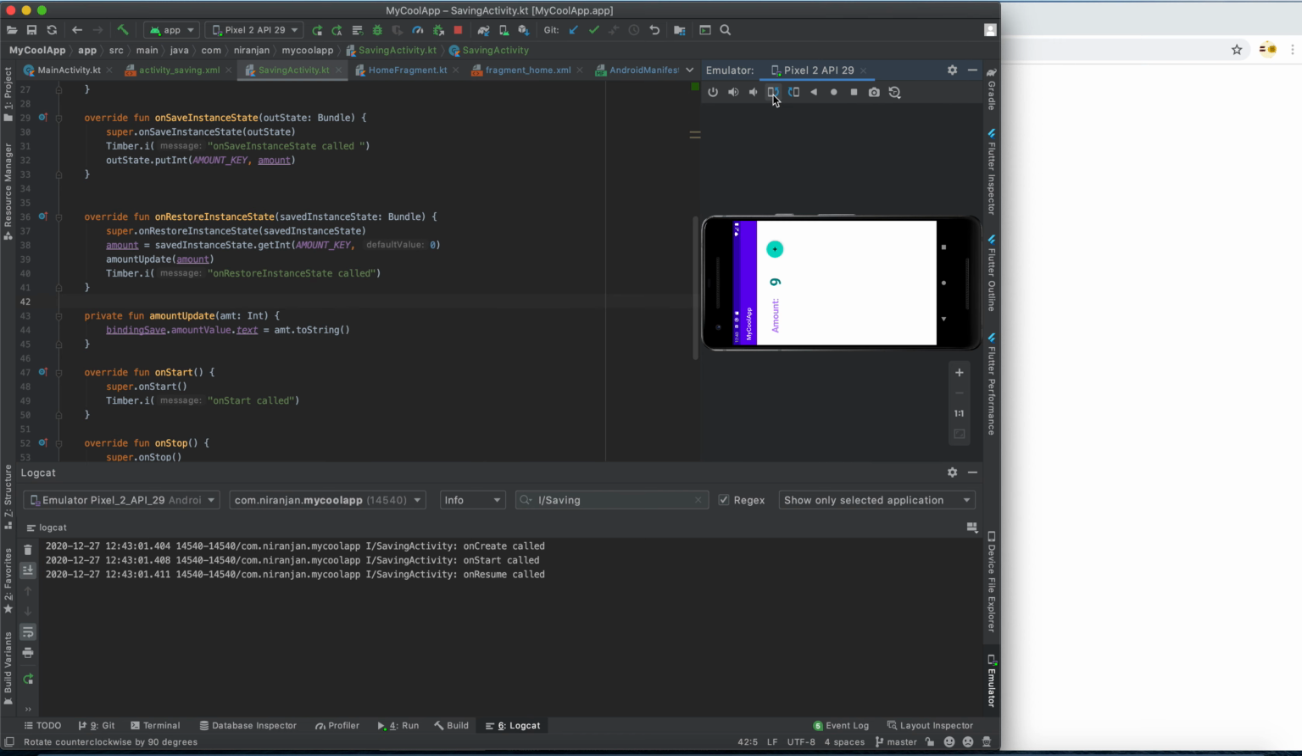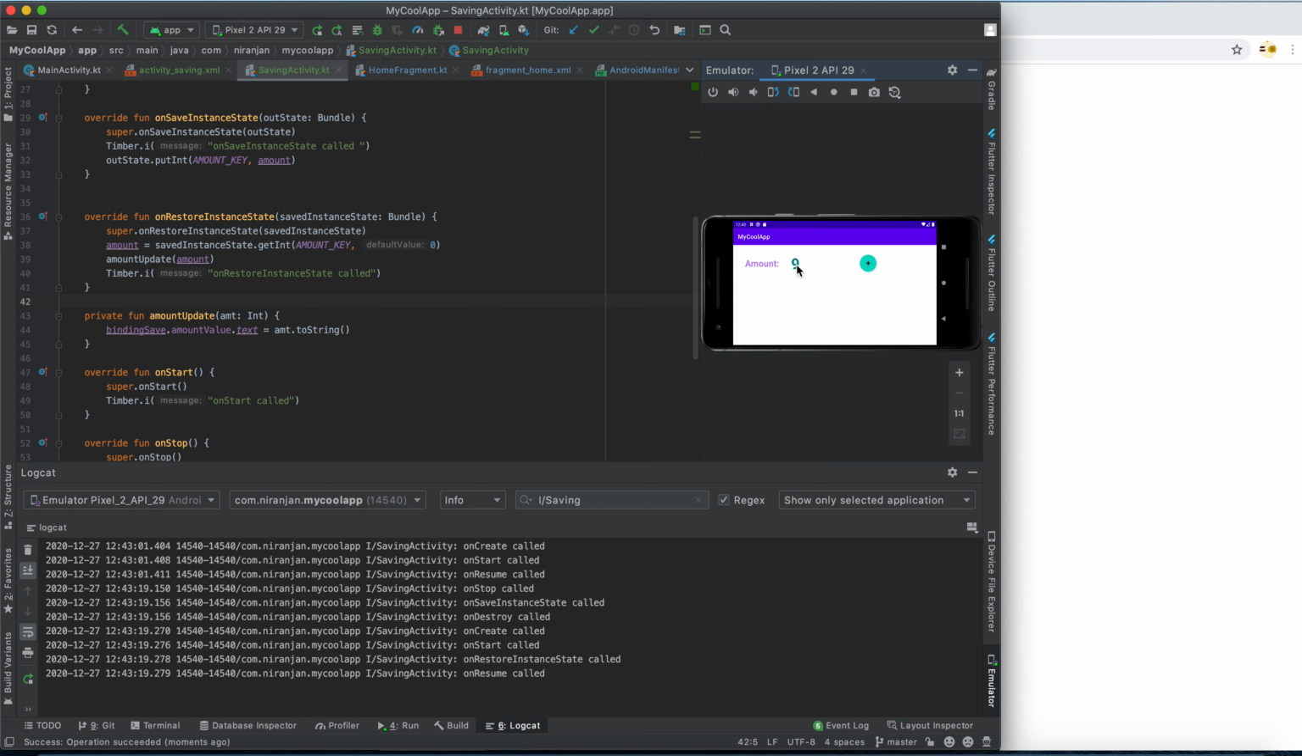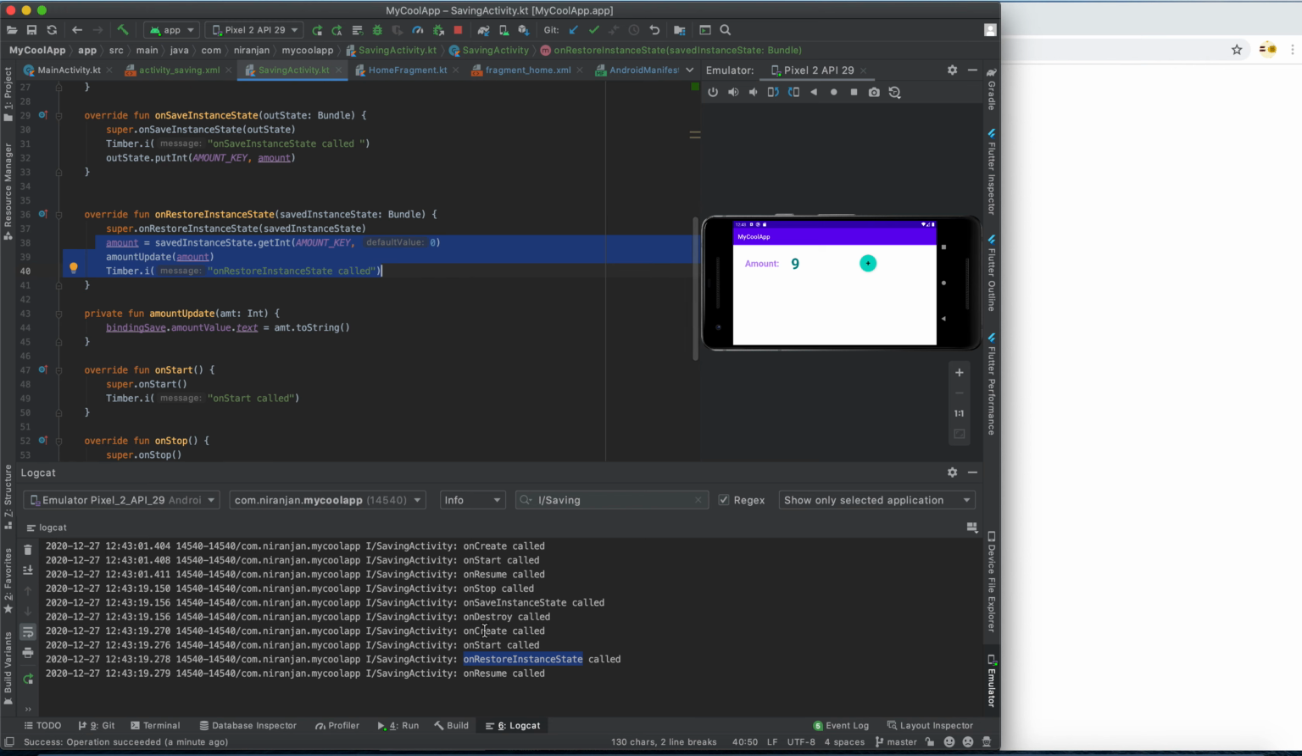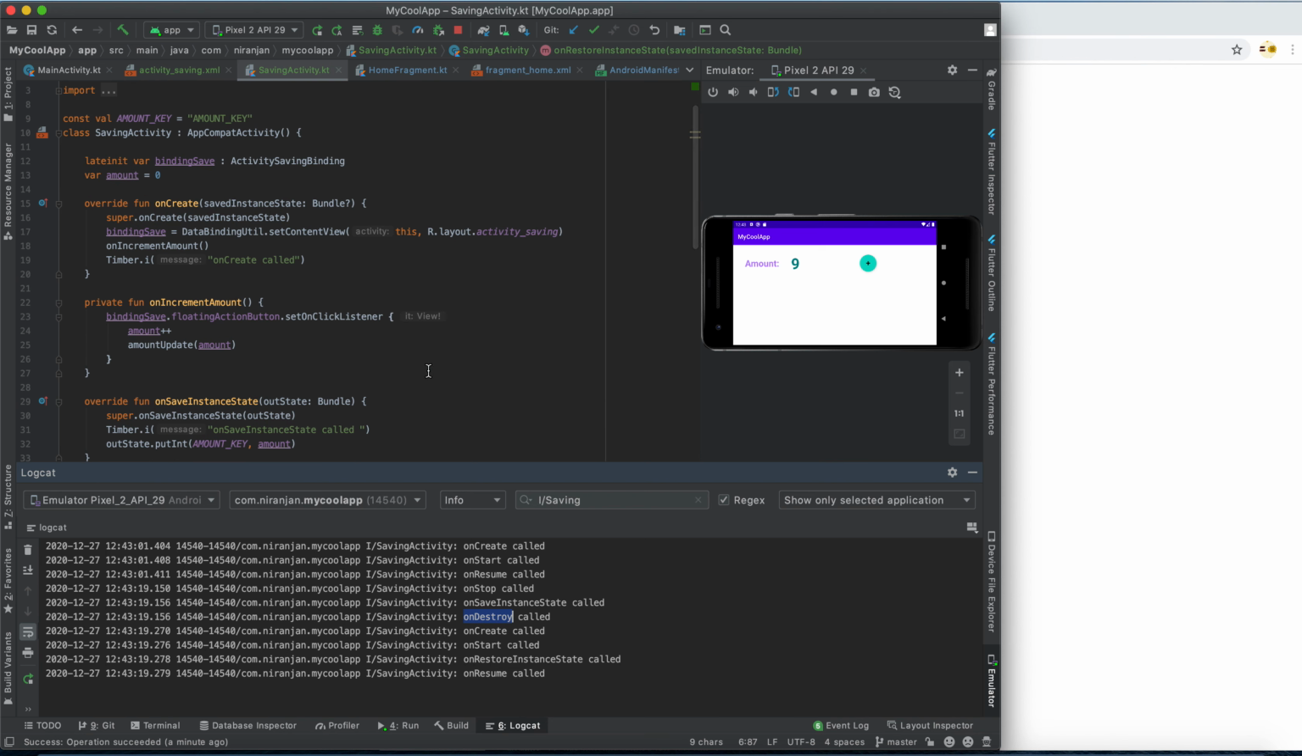Okay, I will change the orientation and you see the value is still saved. After on save instance state is called, where you save the amount here, you destroy the activity, you recreate the activity, and on start and on restore instance state. So when on restore instance state is called, then you restore your instance, that is you update the value. Actually you can also do it in on create, because after on destroy, on create is called, so you can also recreate the value from here, because in the saved instance bundle you can